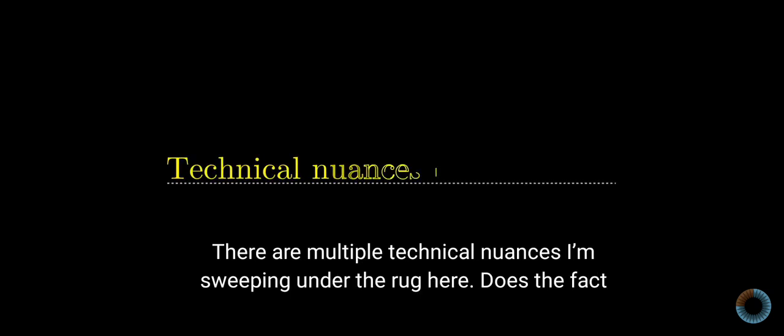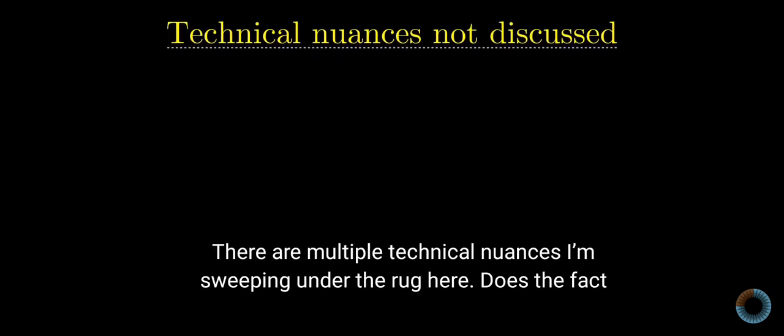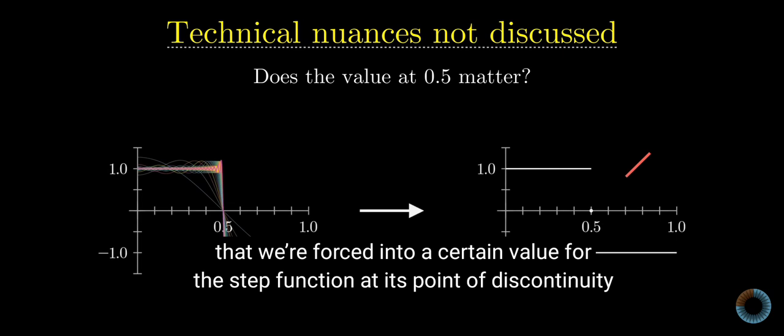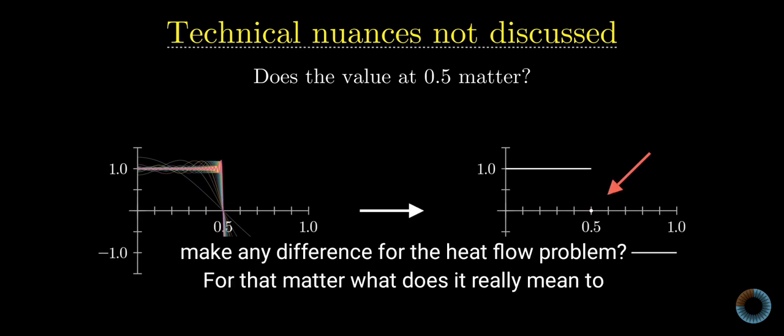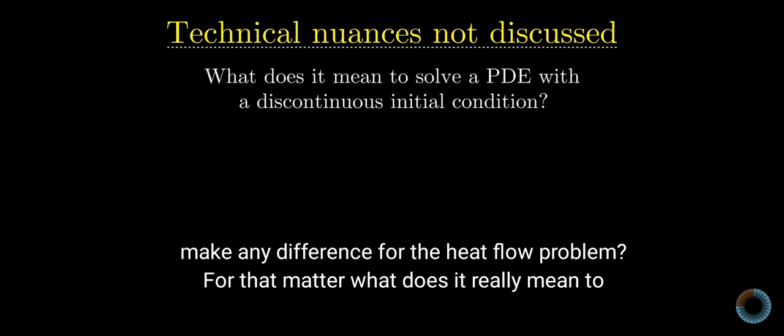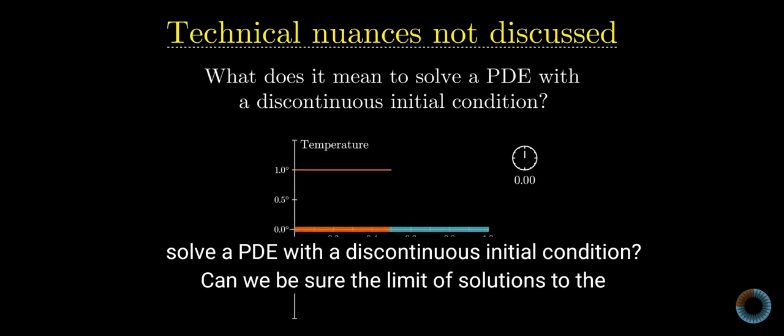There are multiple technical nuances that I'm sweeping under the rug here. Does the fact that we're forced into a certain value for the step function at the point of discontinuity make any difference for the heat flow problem? For that matter, what does it really mean to solve a PDE with a discontinuous initial condition? Can we be